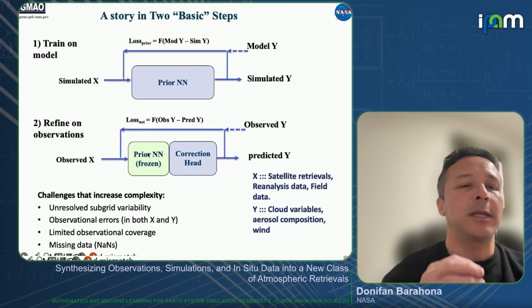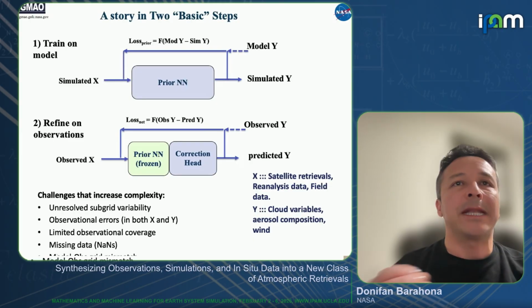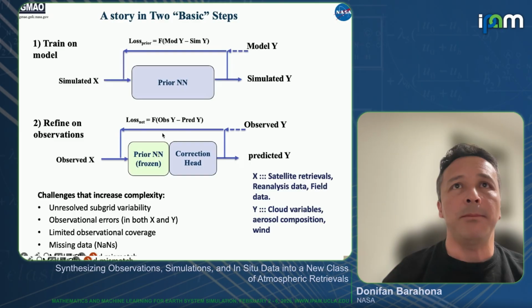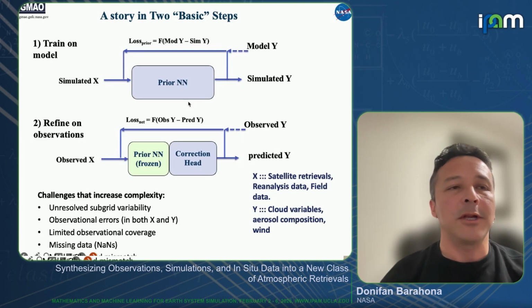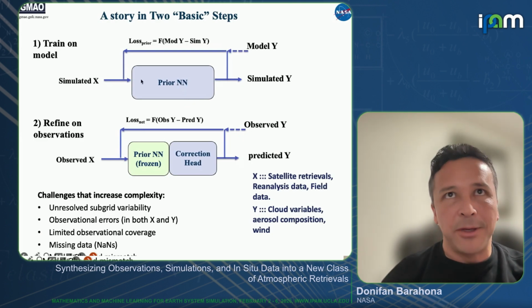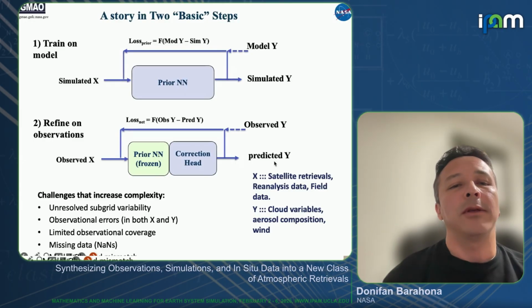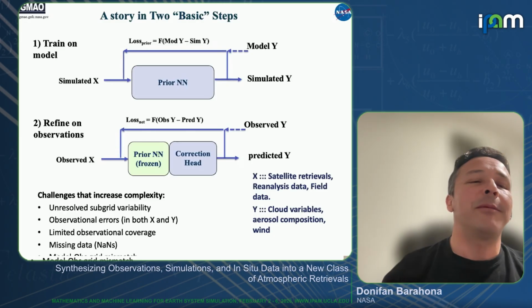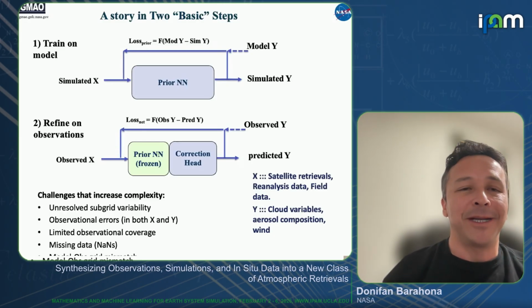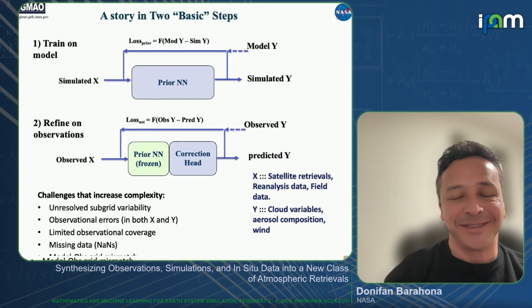Then we have observations that can be episodic. There could be some observations that are independent of this, and then we can take those observations and this prior NN, we freeze that first neural network, and then we add a correction head that will correct whatever problems or shortcomings are in this theoretical approach to get something that is closer to the observations. This is kind of a glorified or too complex a way to explain transfer learning, but it's really not transfer learning, and I will tell you why later.